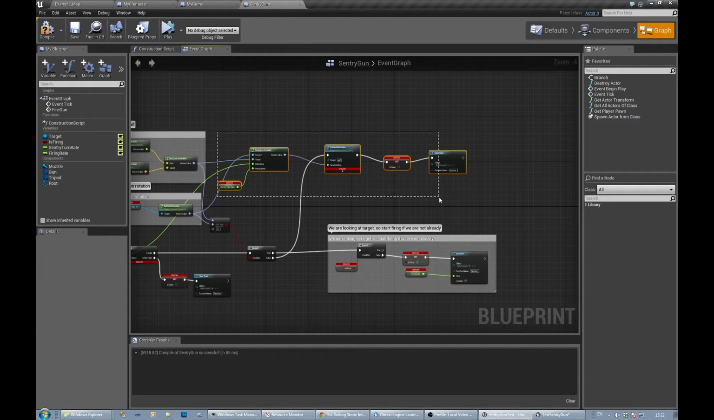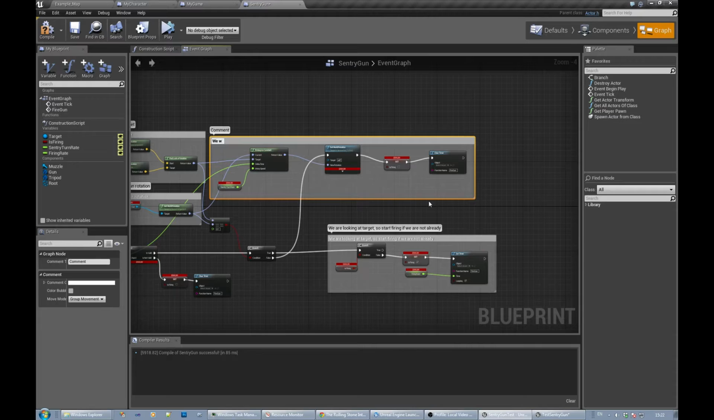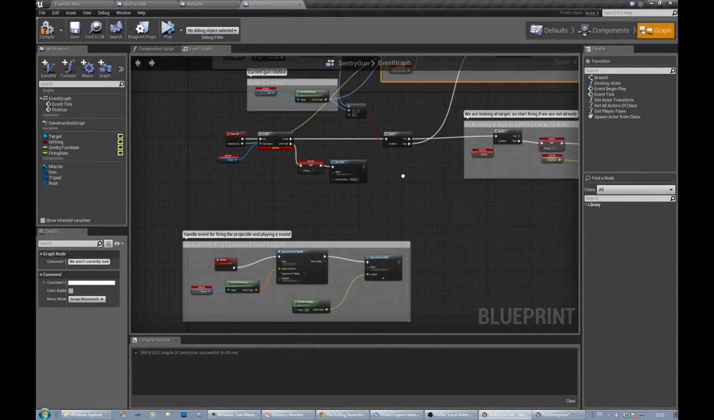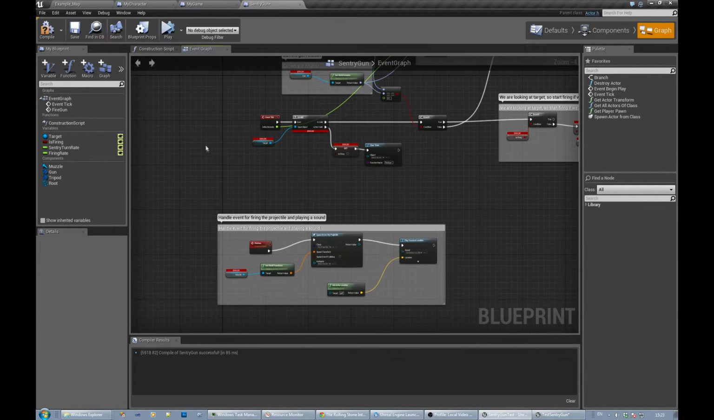And then this bit is essentially we aren't currently looking directly at target, so rotate the gun towards the target. Okay, so